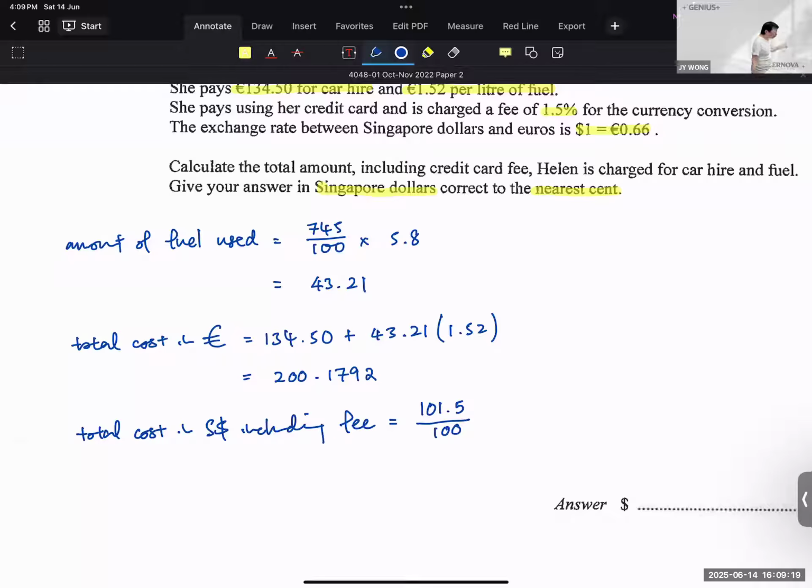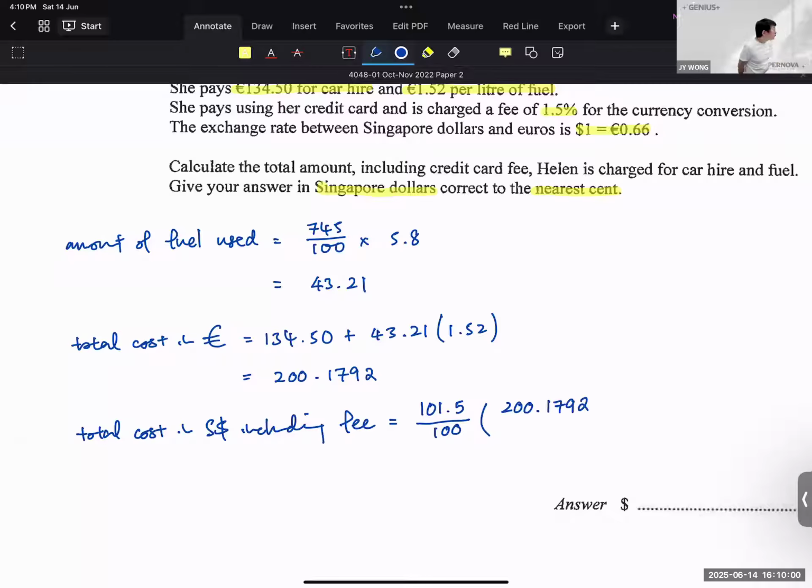Okay, the other day I did the question, I accidentally multiplied by 101.5. Then that one is 100 times of the original. Please be very careful. So to calculate the extra 1.5%, it's just 101.5 out of 100 of the original amount. And then we take this